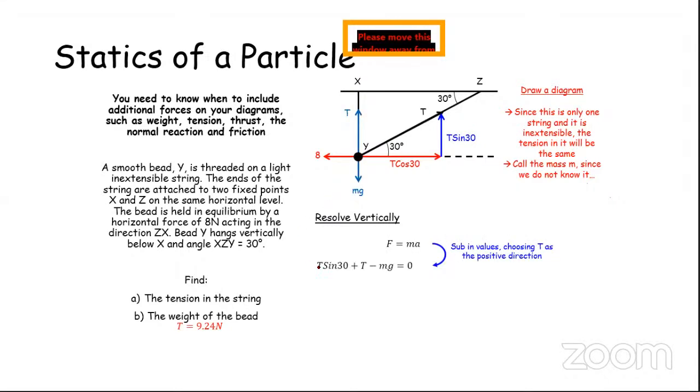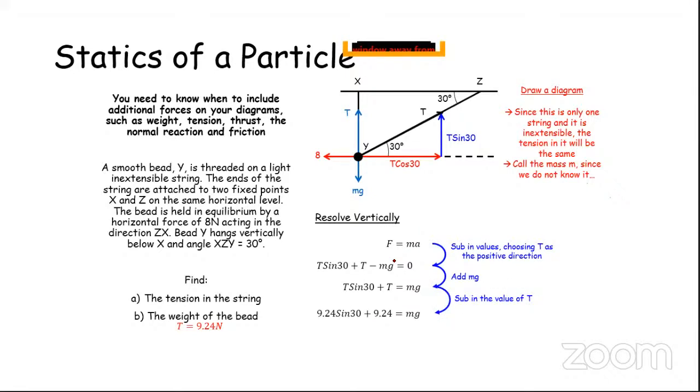So it should be T sine 30 plus the T, and then minus mg, because it is acting in the opposite direction, is equal to 0. So T sine 30 plus T is equal to mg. And then we substitute in the value of T. Remember, we had already got it as 9.82. So when we substitute in,